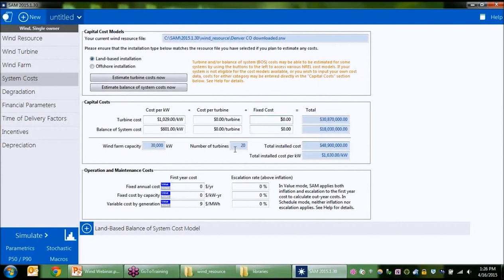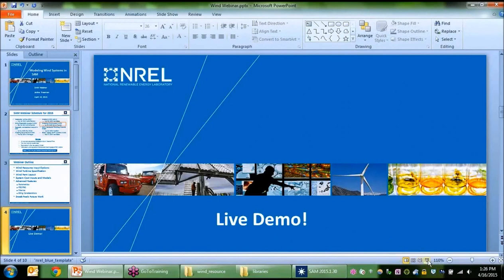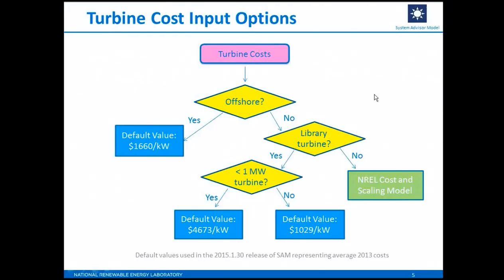And because the variety of models that we have is a little confusing, I went ahead and made a flow chart of what turbine cost is going to get applied if you hit that Apply Turbine Costs button. So depending on whether or not your turbine is an offshore turbine, you might hit this default value for offshore turbines. If it's not offshore, then it depends on whether or not you're using a library turbine on that turbine page. If it's not a library turbine and you've specified the design, then we can use the NREL cost and scaling model